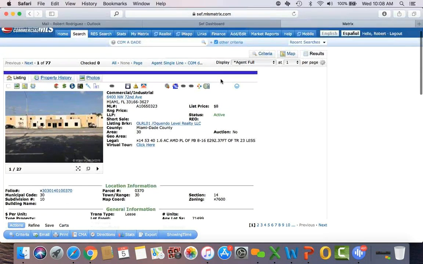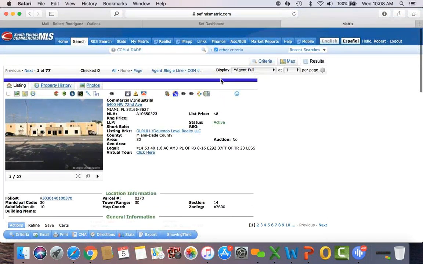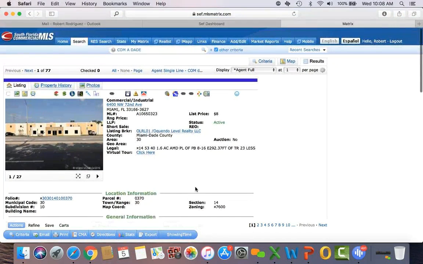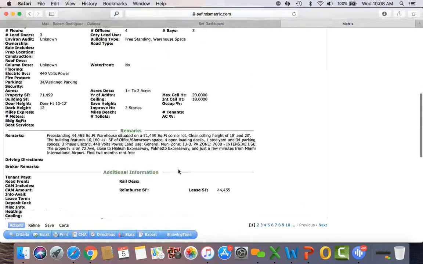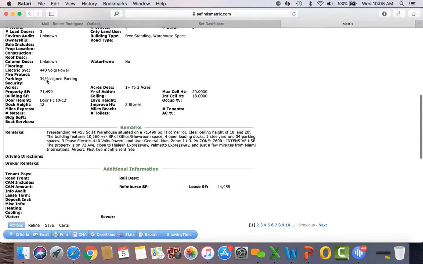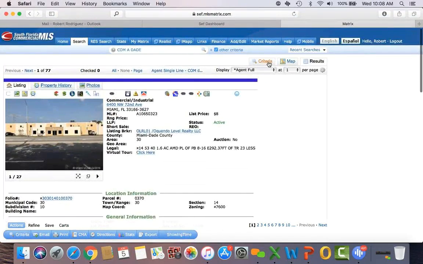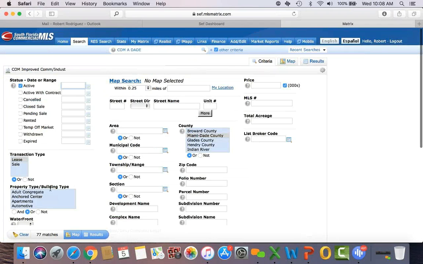We are currently making some improvements to the MLS, and one field I can speak of is going to be a field called leasable square feet, where it'll tell us what's the actual square footage that's being leased out rather than telling you the entire property square foot on the property. So let's go back to criteria, and that was warehouse